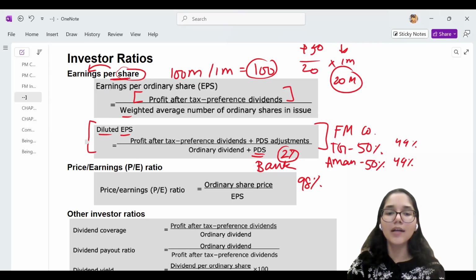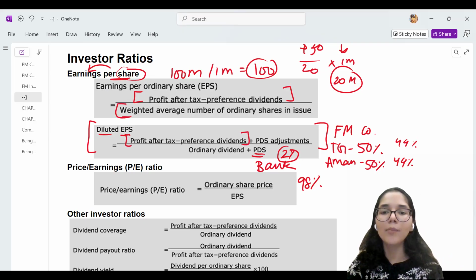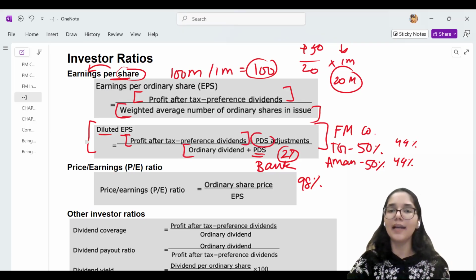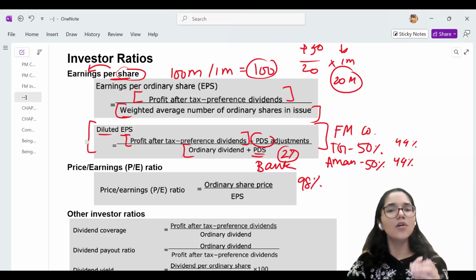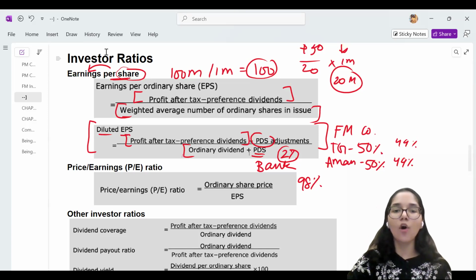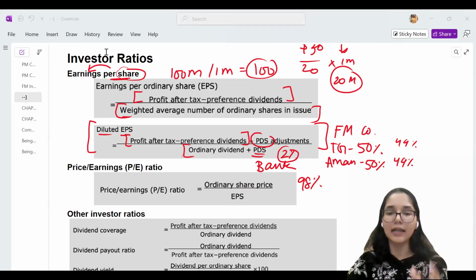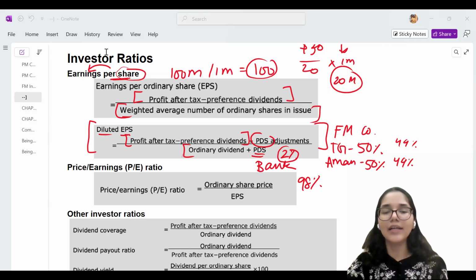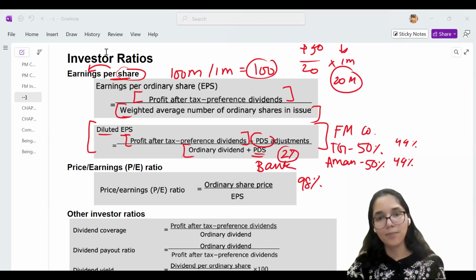So for this, the formula remains the same. You can see profit after tax minus preference dividend, till here the formula is the same. The denominator is also the same, you can see. And then what we do is, whatever adjustments are related to the potentially dilutive securities, those are done to find out the diluted EPS. This is something which does not get tested numerically in your FM syllabus. It's just that you should know that there are securities like this, which have the option of getting converted. If it is debt, it has the option of getting converted into equity also, and that is when we calculate the diluted EPS.